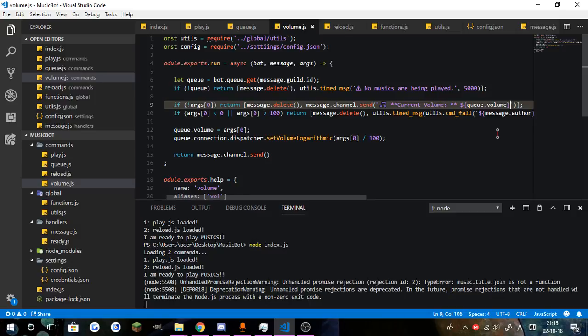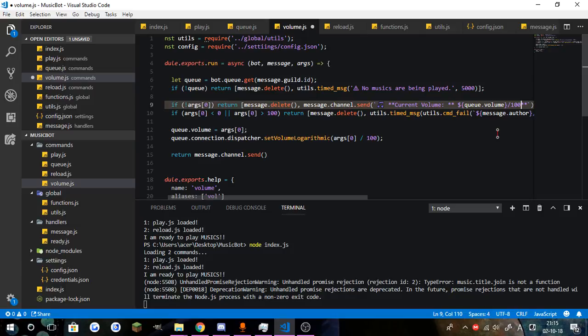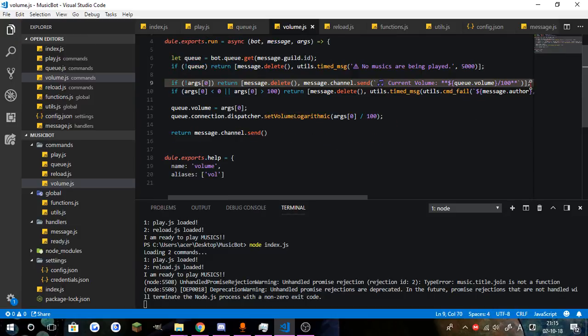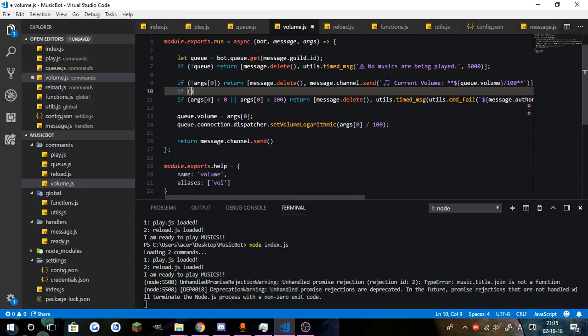Let's put it up on 100. Show that it's actually on 100. And let's actually make these the ones that are bold and not the other way around. Right, there we go. Another thing I did forget to check is if I think